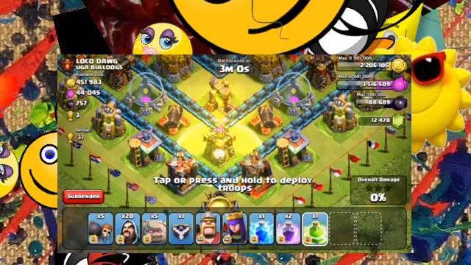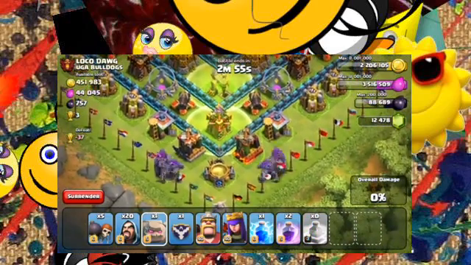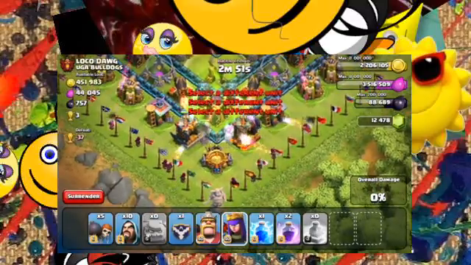So that's why I brought 20 wizards. I was sort of trolling by bringing 20 wizards. Usually you don't need this many wizards, but I thought I would try it out and see how it works out. So let me just go ahead and drop these golems and make my way to the center of this